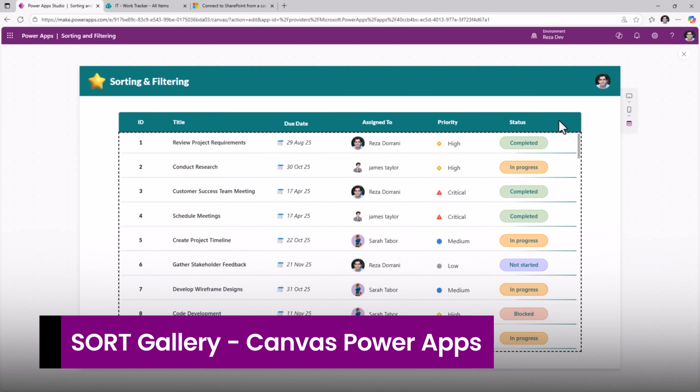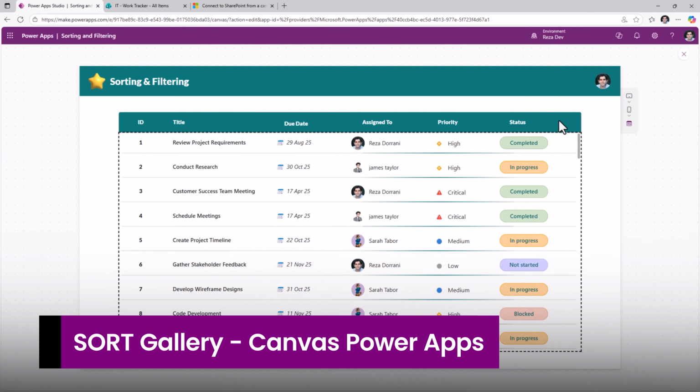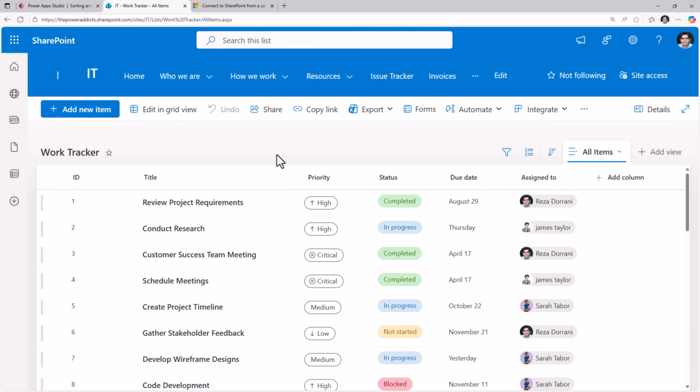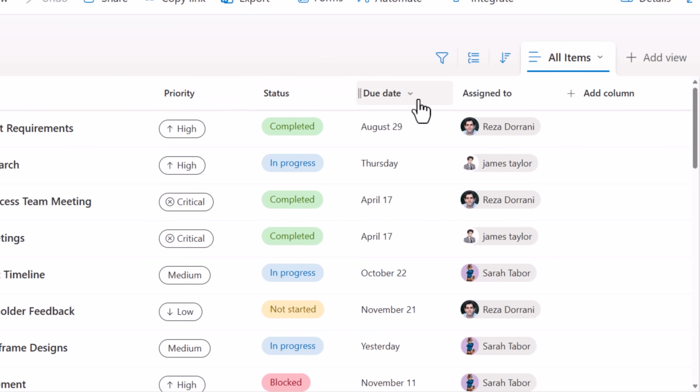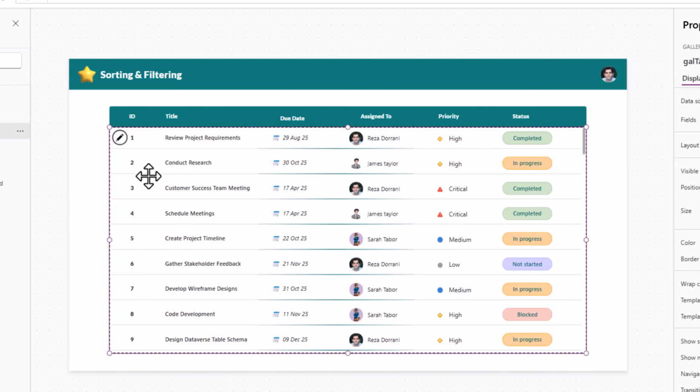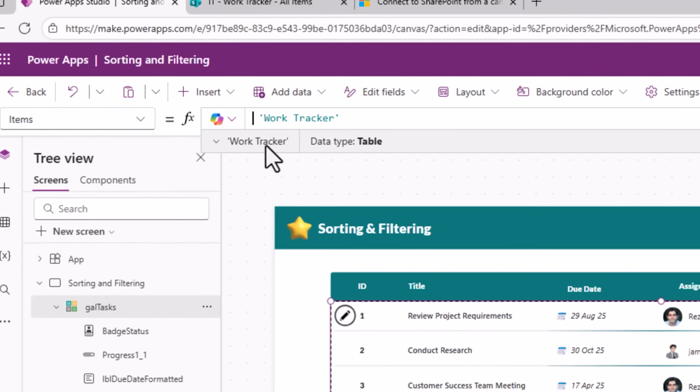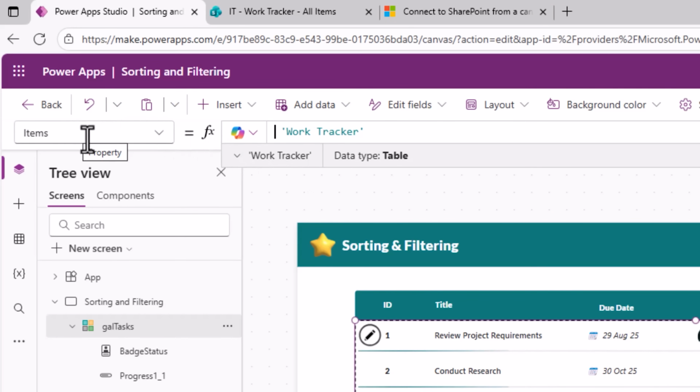Let's begin with sorting our gallery data. Here, I have a gallery that is connected to a SharePoint list, a list that has different types of columns: text, choice, date, person. To sort the data in this gallery by the ID column, in the items property of the gallery, I will use the PowerFX function